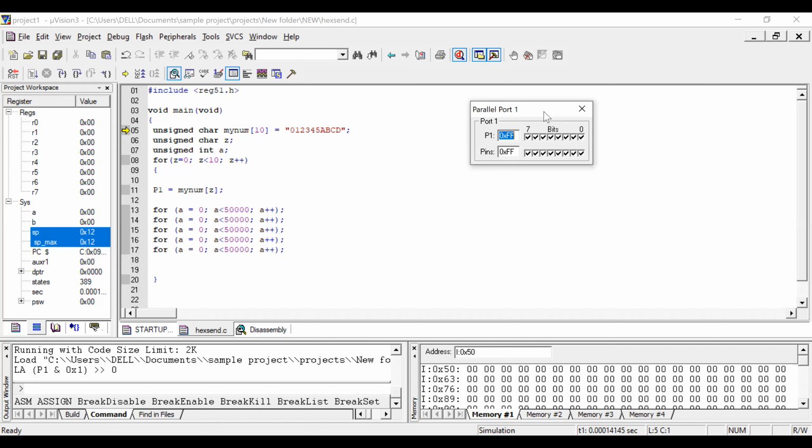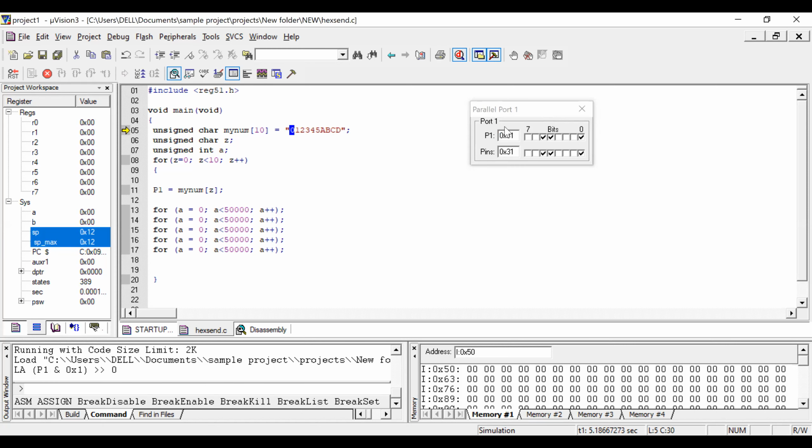As per this port, I want to see my data, that is the 0 ASCII character. The equivalent ASCII character should be 30, an 8-bit binary value, which in hex form is 3, 0.